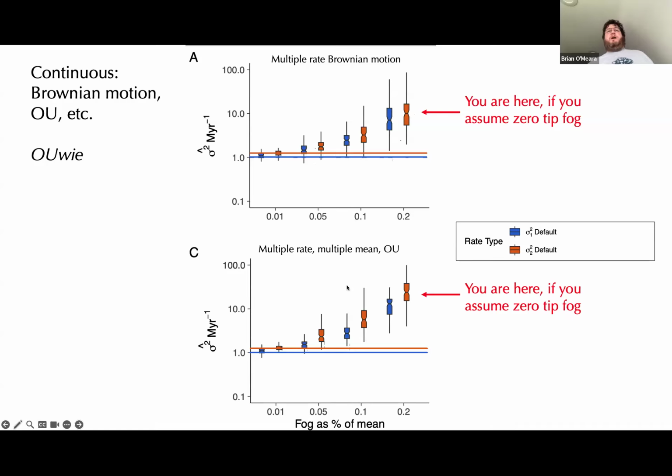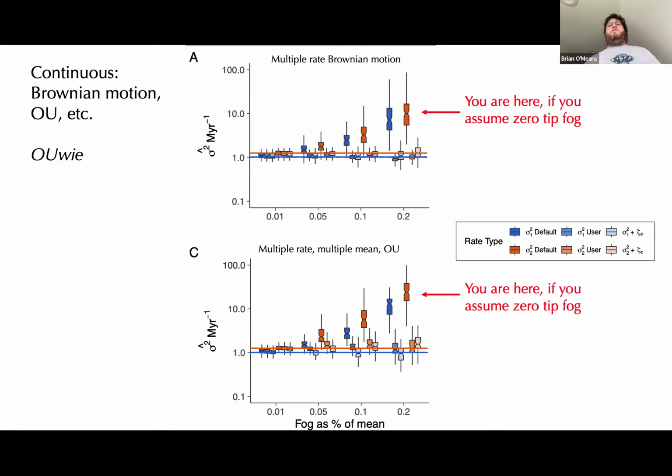Same thing in an Ornstein-Uhlenbeck model. So doing what we do normally gives you very, very bad estimates, okay? And these aren't huge values for measurement error, like this is 10%, 20%. Even at 0.05%, it's still 0.5%, it's still pretty high. 5%. And then if we correct that by putting in tip fog,